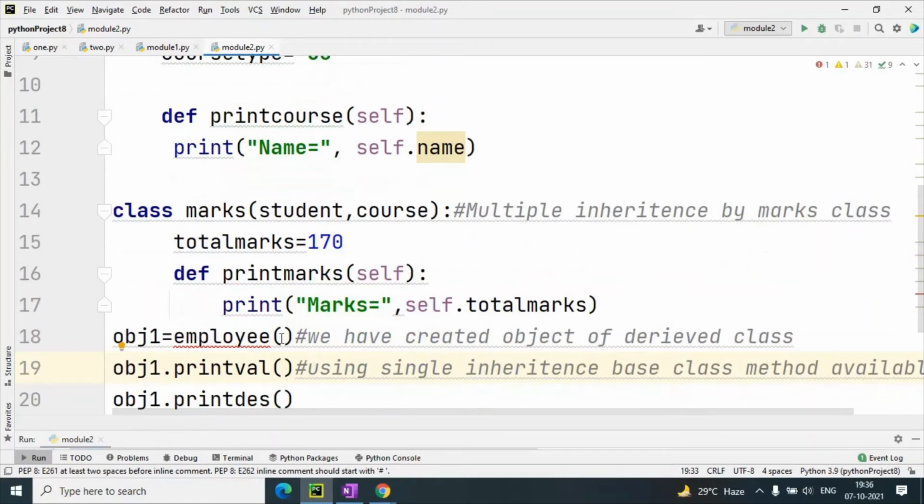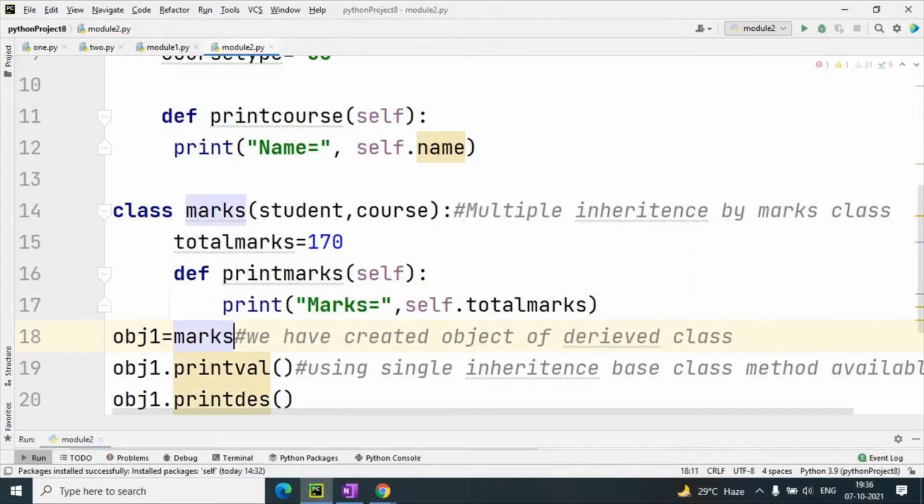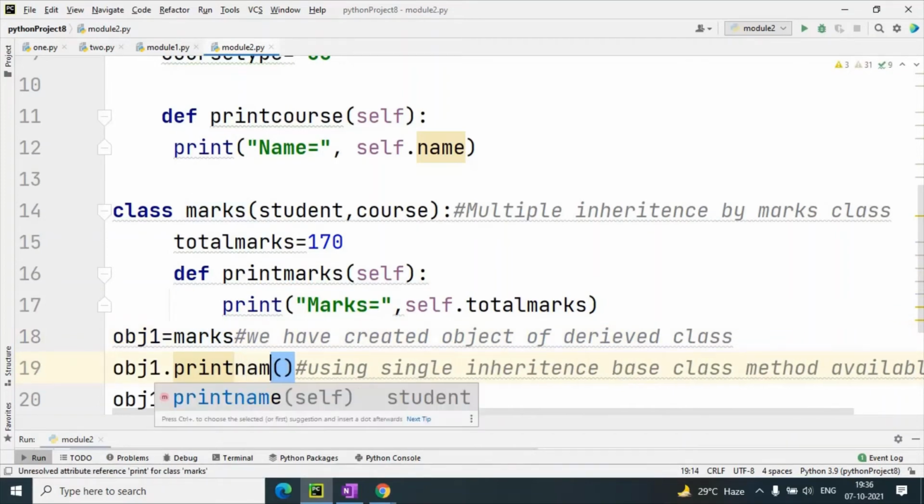So I will create the object of the derived class, that is the marks class. First I will call the method of the base class, print name.